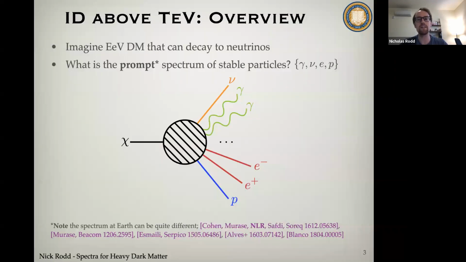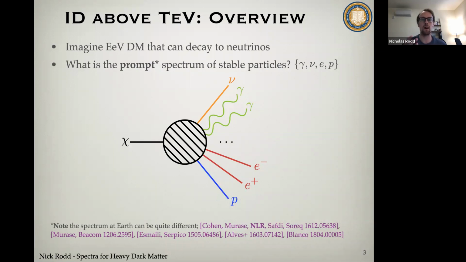So before going into the details, let me give you a short version of the full story. To begin with, I just want to consider a very concrete version of the story I want to tell. So let's imagine that the dark matter of our universe is an EeV particle, so 10^9 GeV, and through some operator, it can decay to 2 neutrinos, for example. So then naively, you might think, okay, well then what I should go and look for is a delta function of EeV neutrinos, because that's going to be what the spectrum is. But of course, this isn't the real answer.